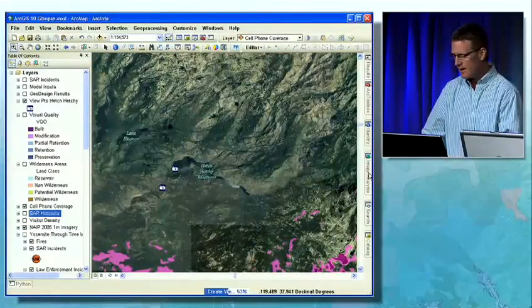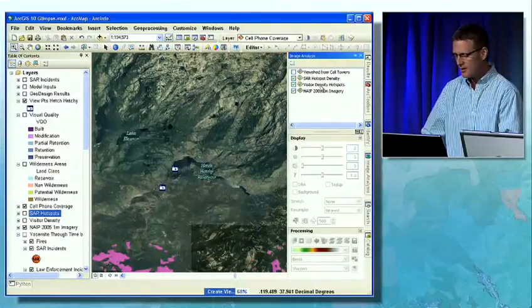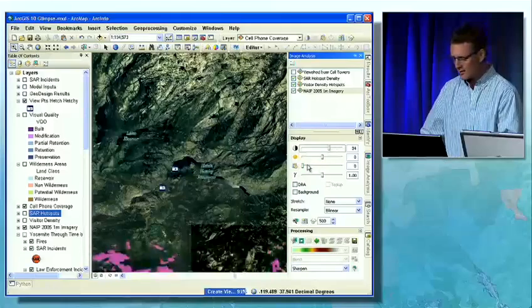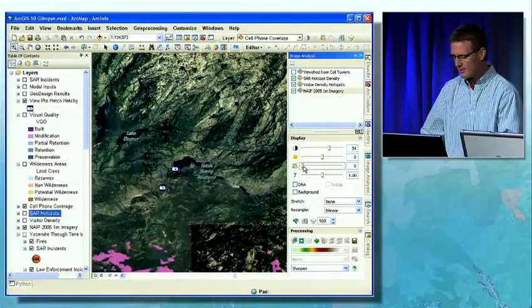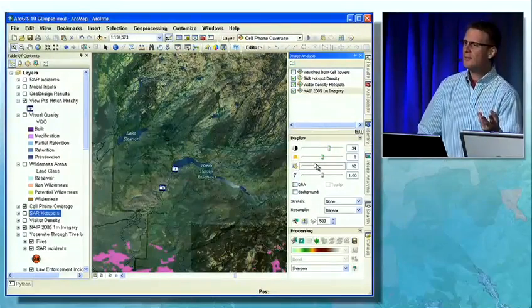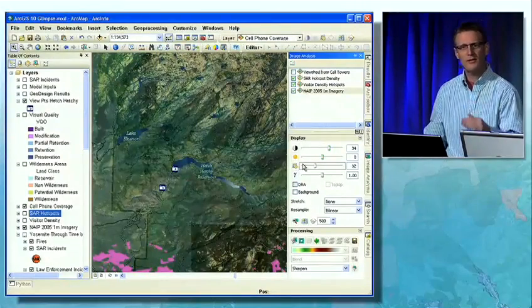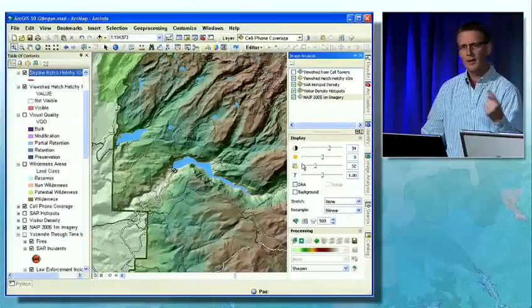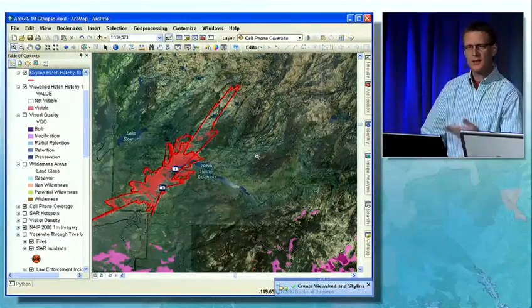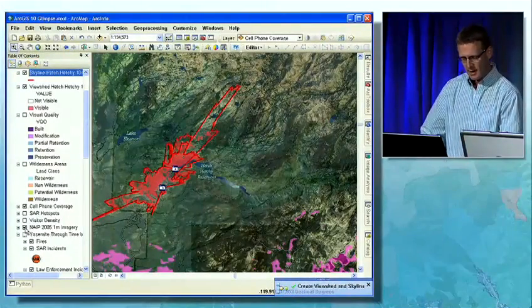I can turn on the imagery over this area. I could use our new image analysis window and adjust the imagery to make it look a little nicer. I can add a little more contrast to the image. I could blend the transparency with the terrain model. So I'm doing two things at the same time, taking advantage of the compute power of my laptop and multitasking. When the analysis is done, you get a message, you get the results added back in, and we're ready to